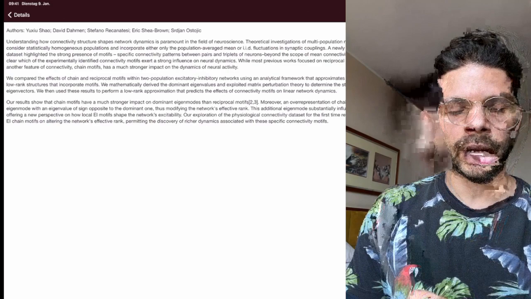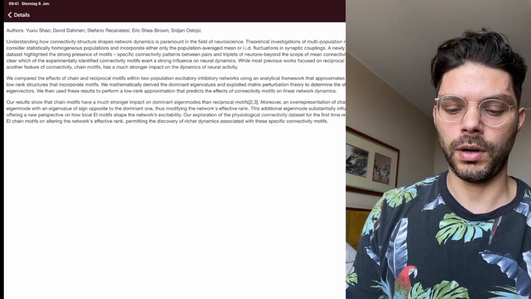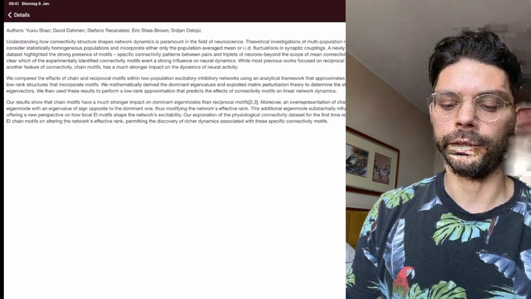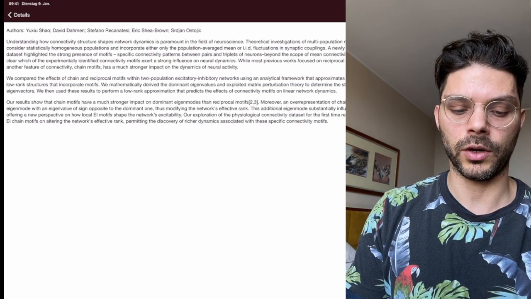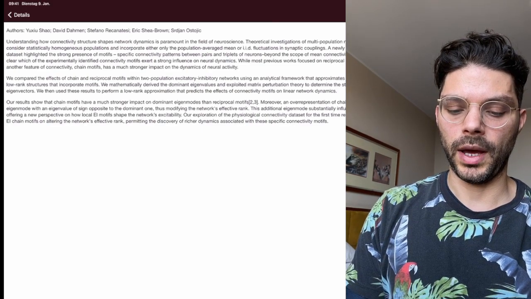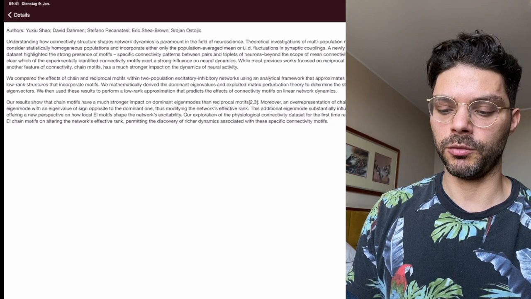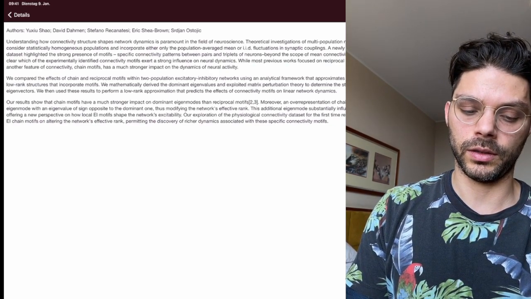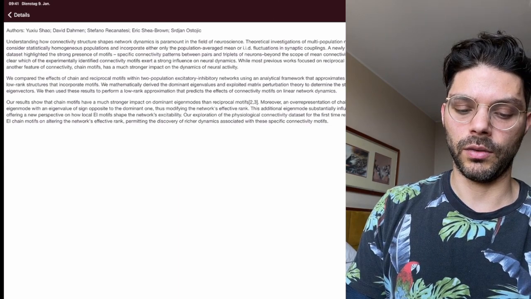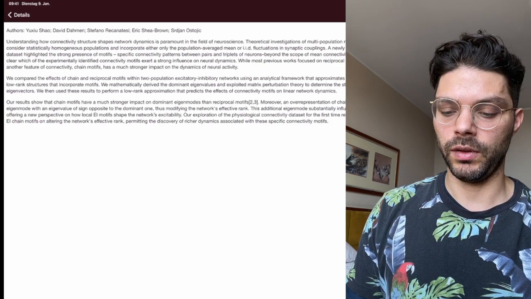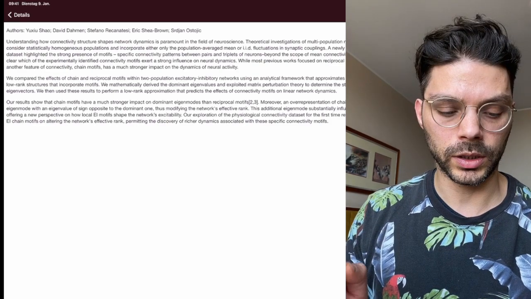We compare the effects of chain and reciprocal motifs within two-population excitatory-inhibitory networks, using an analytical framework that approximates the connectivity in terms of low-rank structures that incorporate motifs. We mathematically derived the dominant eigenvalues and exploited matrix perturbation theory to determine the statistics of corresponding eigenvectors. We then use these results to perform a low-rank approximation that predicts the effects of connectivity motifs on linear network dynamics.